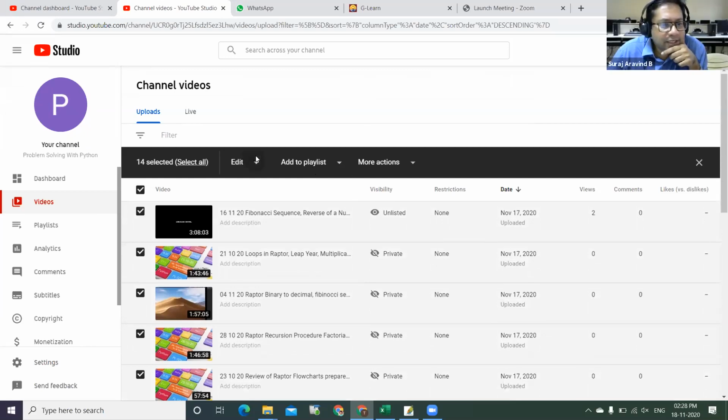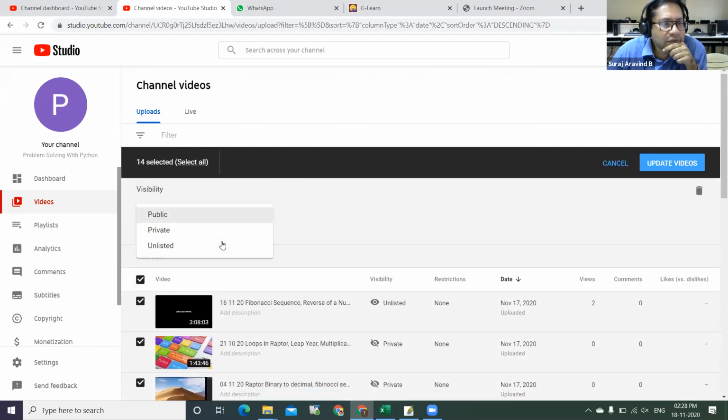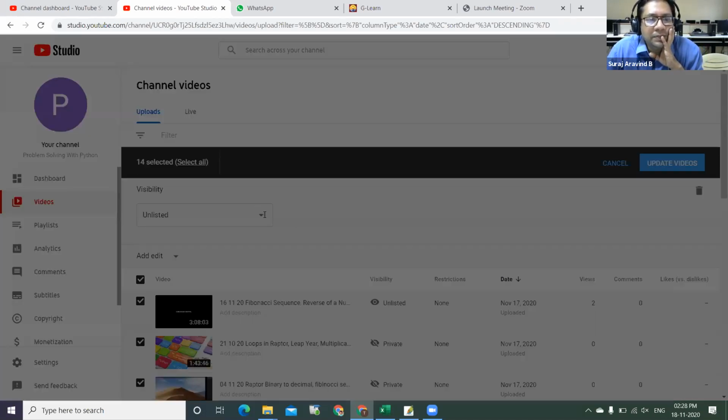On your left-hand side, there is settings: dashboard, videos, playlist, analytics, comments, subtitles, copyright, monetization. Okay, I did not look at that.